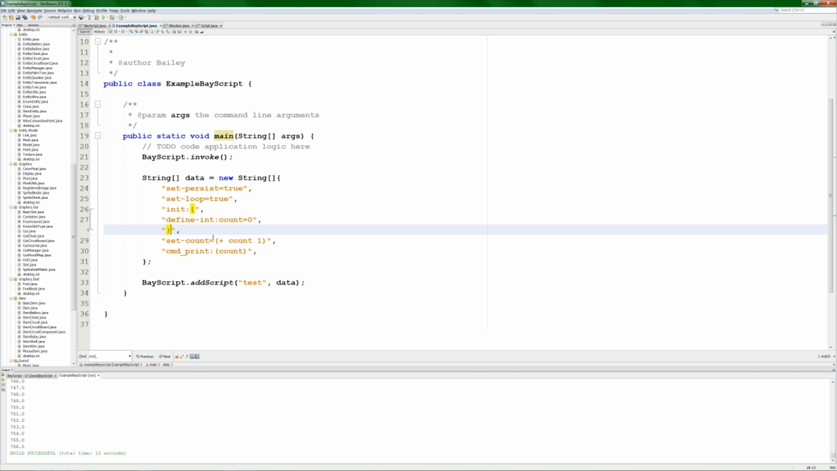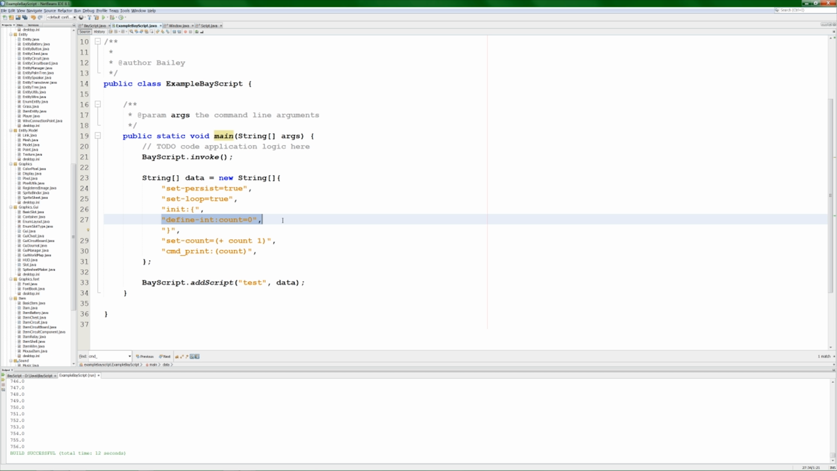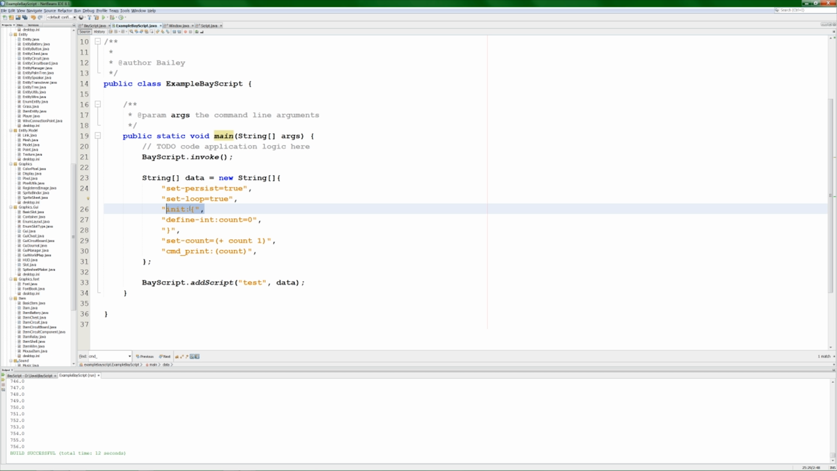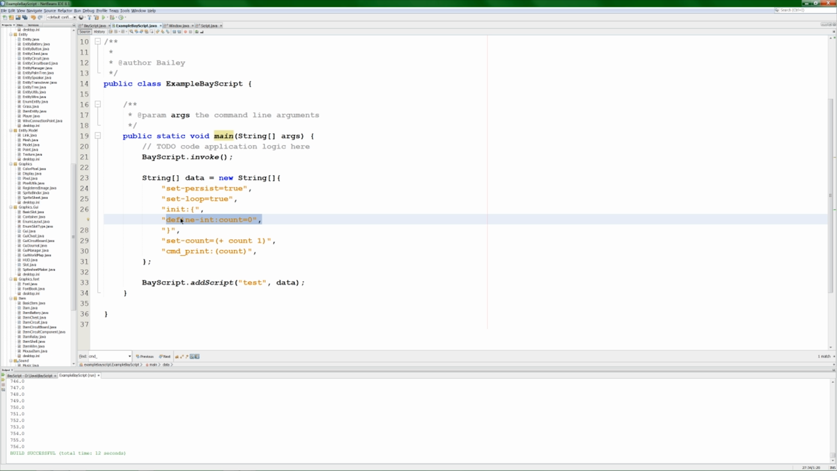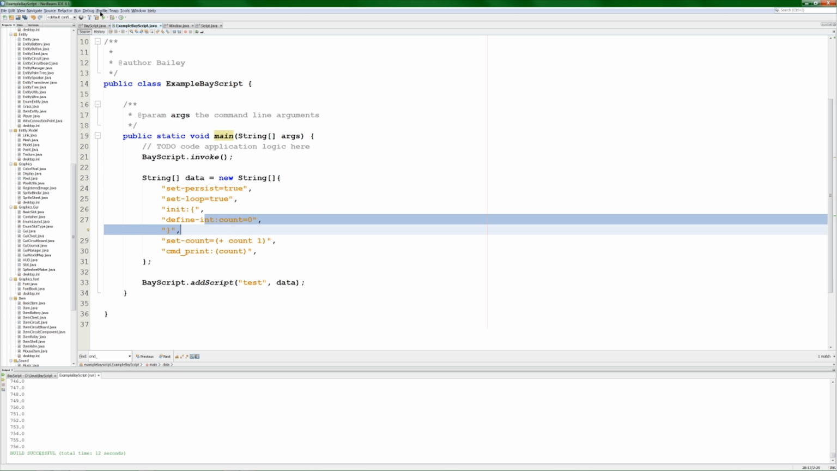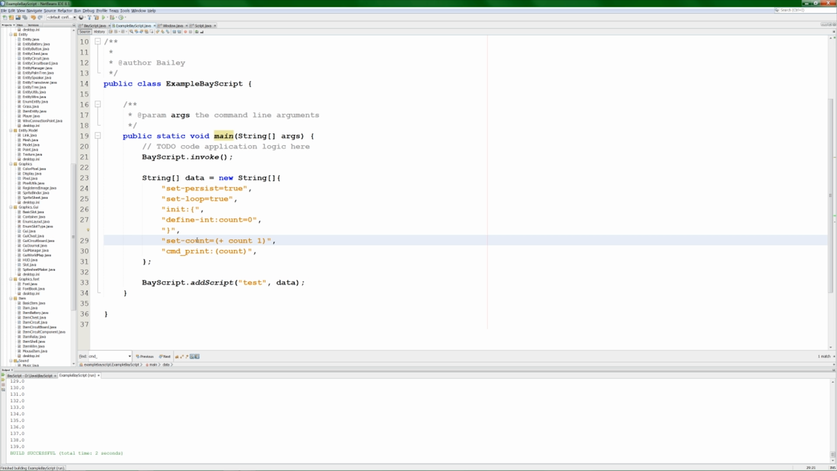Whenever a BayScript script is interpreted, it searches for this method first, and if it sees init, it will execute whatever is in this set of brackets first. So this will be executed first and only once. Even though we've set persist to true and loop to true, this is only going to execute once because it is in the initializer method. If we run it again, you'll notice that it's still doing the same thing, but it's just a little bit more